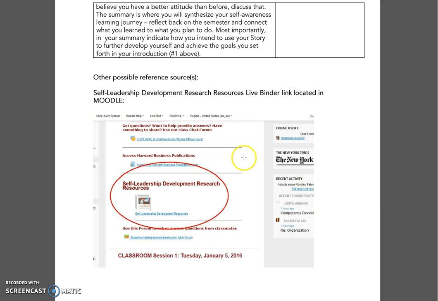Other possible reference source might be the live binder that we talked about the last time we met in person. This is a link on your Moodle page to the Self-Leadership Development Research resources that I compiled for you. Just click that link and it will take you to the live binder. It's all organized in tabs. It's videos, articles, all types of research that can help you in developing this